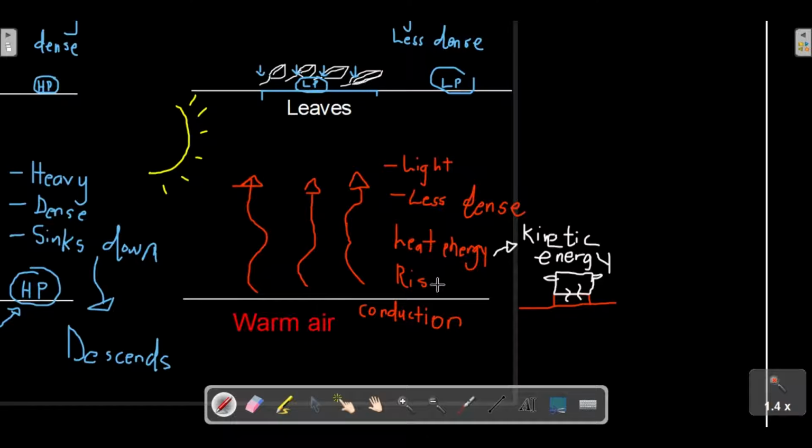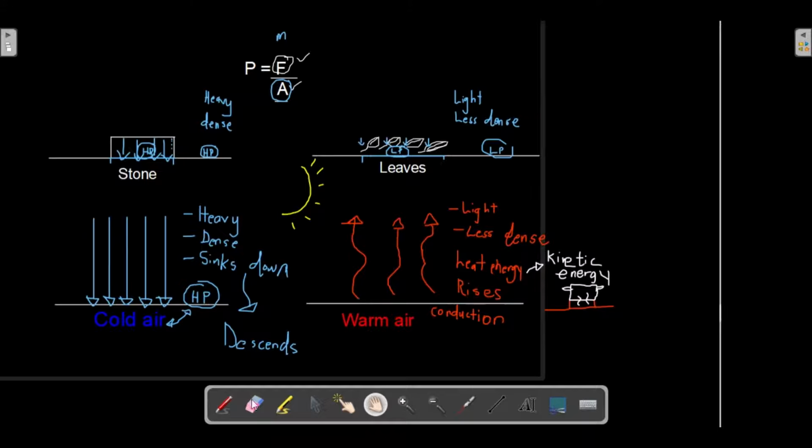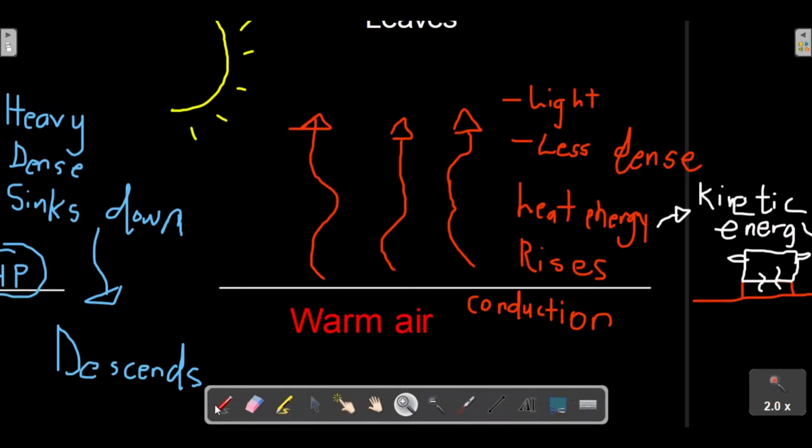If it rises, guys, how much force is it exerting onto the ground? How much force is it exerting there if it is rising up? It's little force, right? Because it is rising up. And so this then creates an area of low pressure, because it applies very little force and hence very little pressure onto the ground. So we also say that an area of low pressure is created on the ground. So that's how it is created, guys.